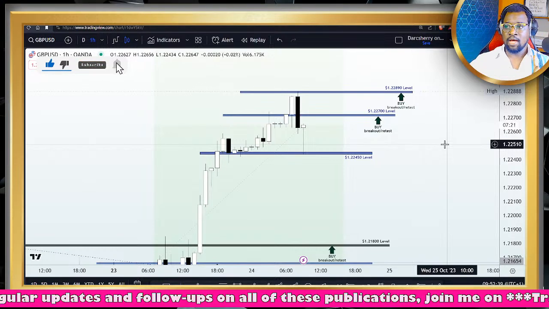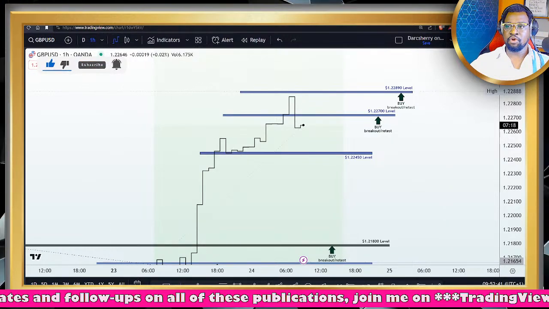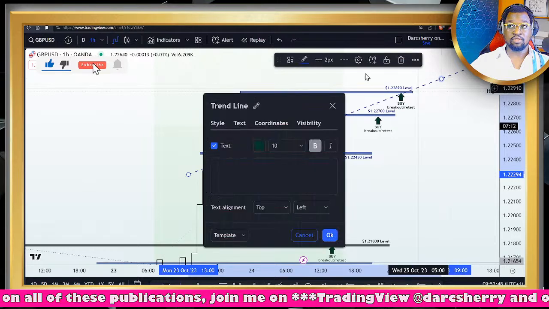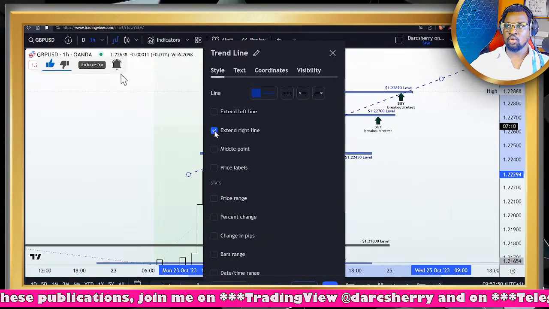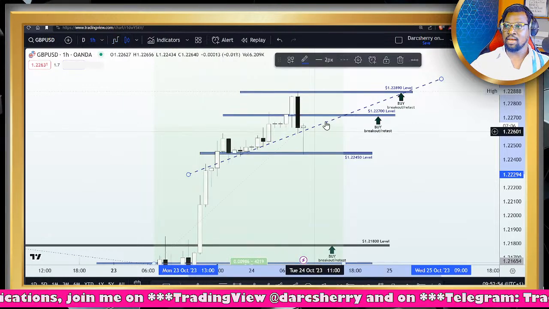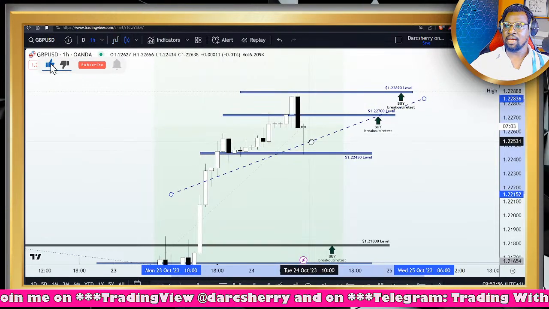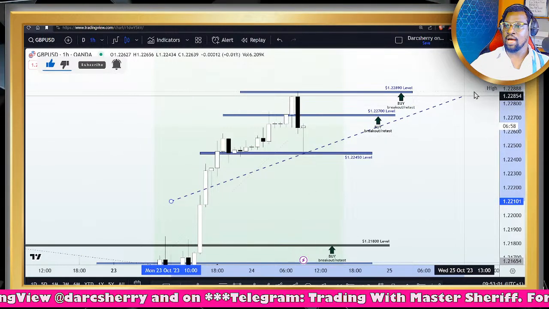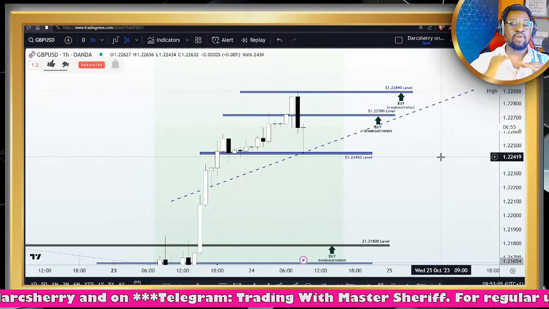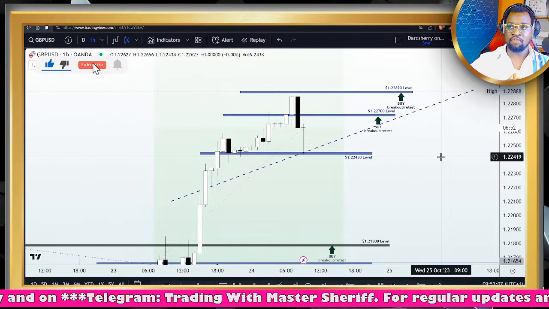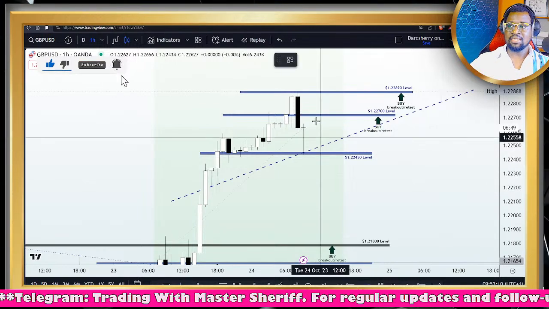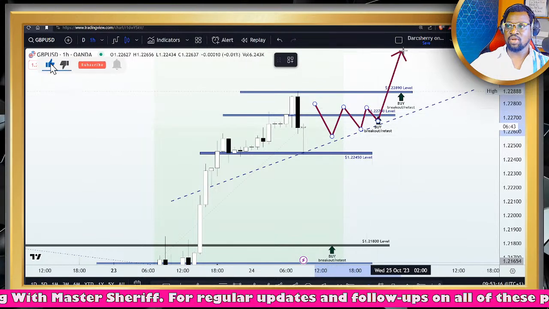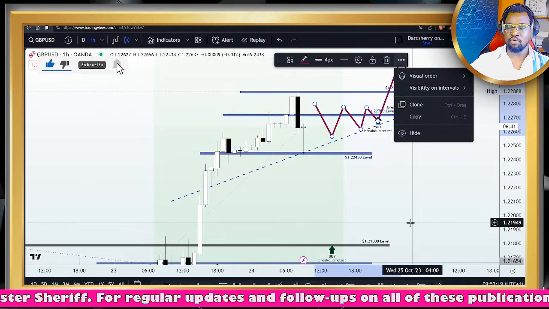uptrend move. Now, to make things a little bit easier for us, we want to have a trend line marked out where we are going to be using this to further make us feel comfortable in our buy position. So as long as price remains above that trend line, let me adjust this a little bit so that I can capture most of these pivot lows. All right, so here we go. So we have this trend line marked out. So as long as price remains above this trend line, we shall feel very comfortable in our buy position. So things can happen like price dropping down, but as long as it remains above that trend line, we feel comfortable in that buy position.